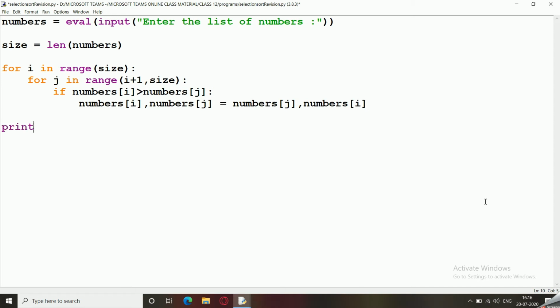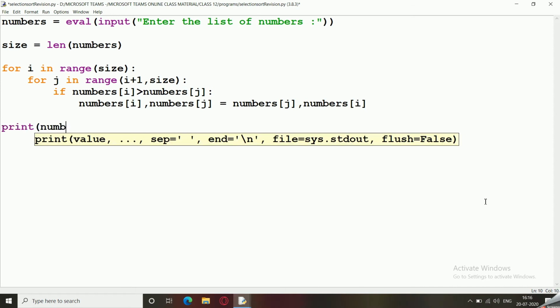And we are going to print the sorted array, or sorted list.